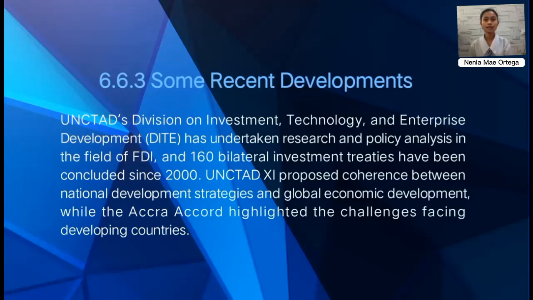The UNCTAD 11 at Sao Paulo, Brazil proposed to ensure coherence between national development strategies and global economic development as a means to foster sustainable trade and development. So the developed countries interpret good national governance in the framework of economic liberalization and globalization, while the developing countries stress the cooperation to be shown by the developed world with respect to trade, debt, transfer of technology, and